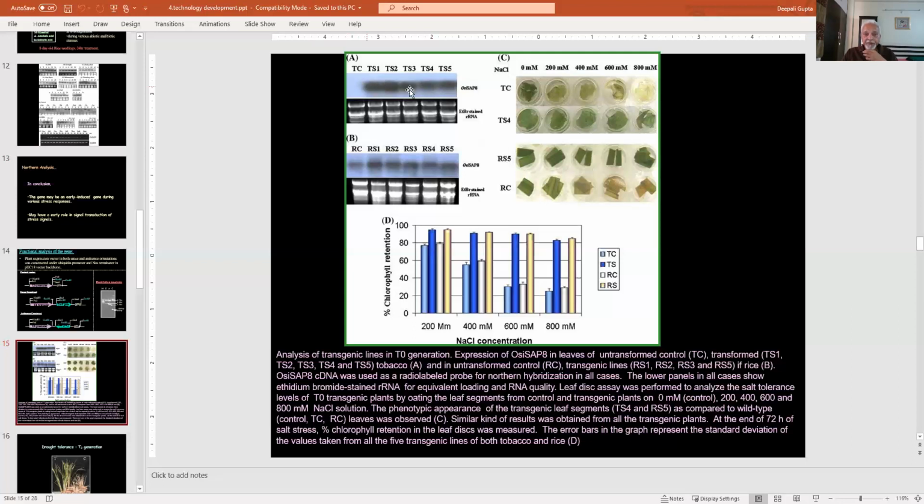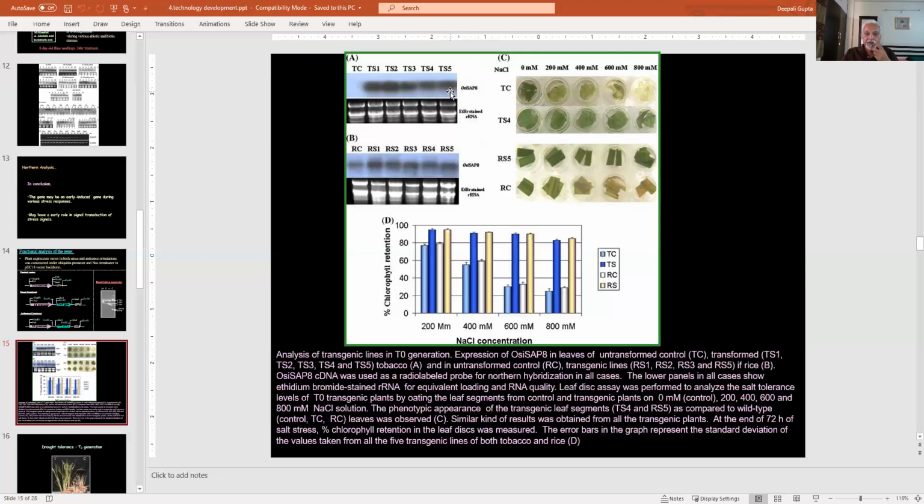When you hybridize, you can see all the transgenic lines have transcripts hybridizing to the probe, that is the rice gene. But in the control plant, there is no hybridization. Since it doesn't have the rice gene, the control plant doesn't give any hybridization, indicating that these lines have integrated the transgene and it is transcribing, which you can see by the presence of this